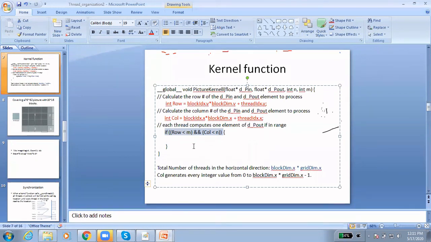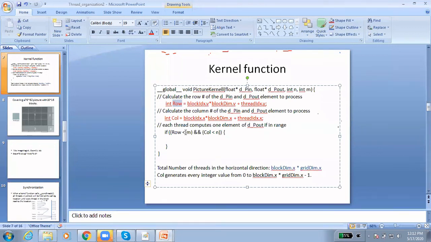So we want to check whether row is less than m, col is less than n. Row is telling us the thread index in the whole grid. So if this thread index is within the range, it should be allowed to access the data.